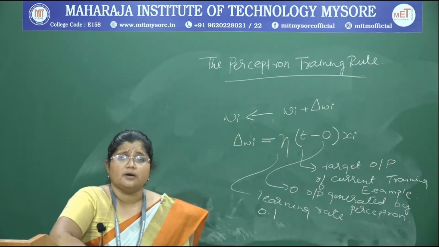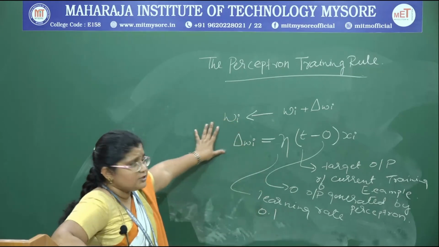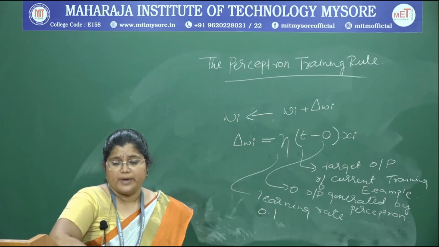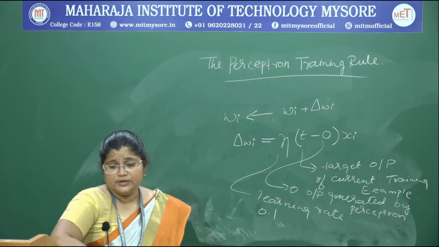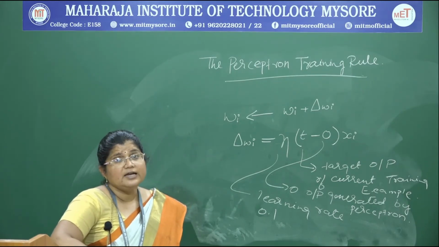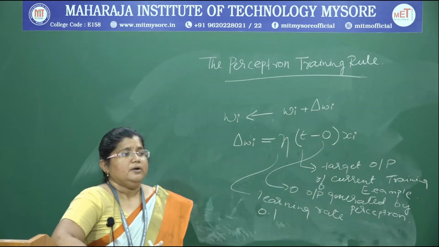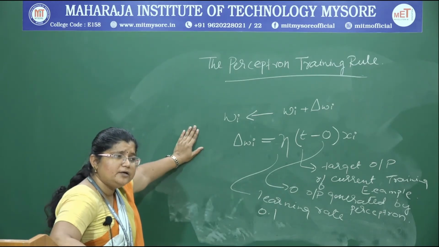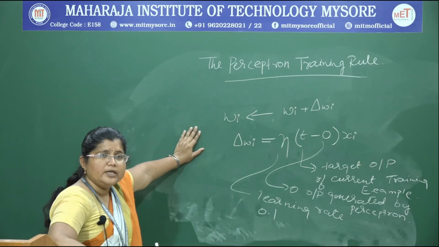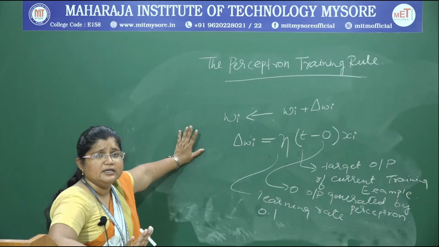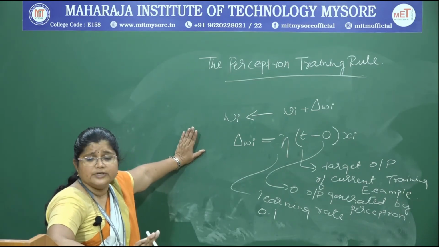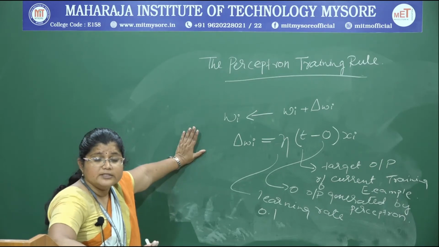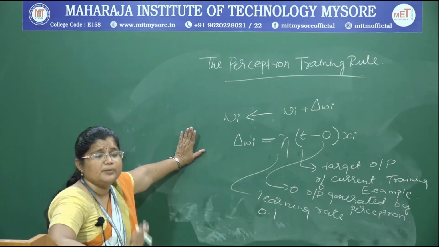So, now the drawback. This perceptron rule has its own drawback. It finds a successful weight vector when the training examples are linearly separable. It is applicable when we can separate the training examples linearly, and it fails to converge if the examples are not linearly separable.